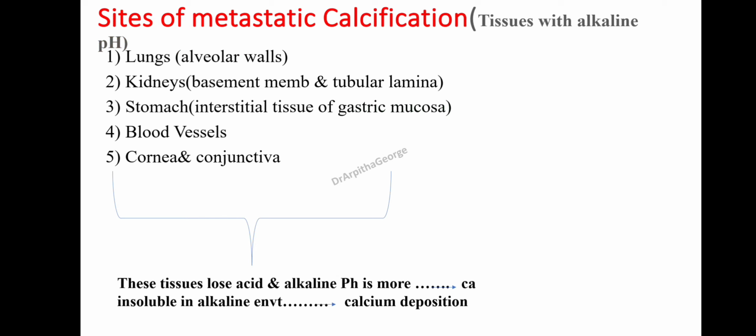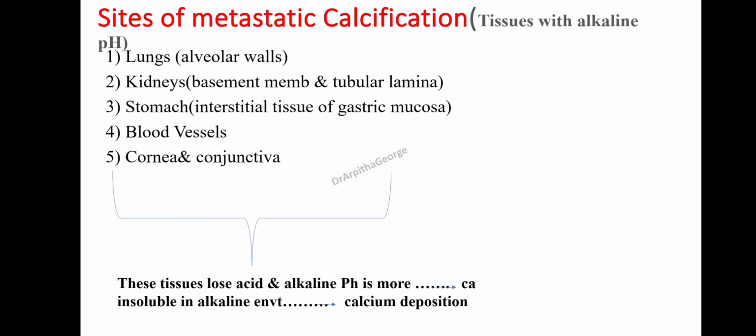The calcium will go from the blood. Already there is an excess amount of calcium, and this calcium will go from the blood and accumulate in the normal tissue. Why? Because the attracting factor is an alkaline environment. Because alkaline pH is very susceptible to calcium precipitation. How do you get an alkaline pH? When any tissue loses the acid, you get an alkaline pH. So that is a factor here.